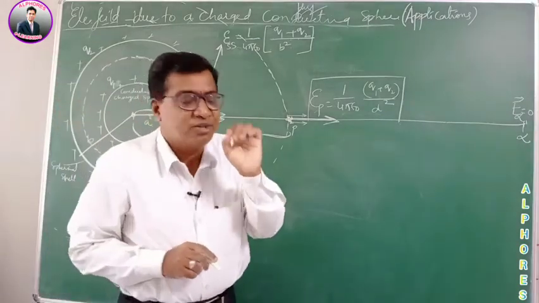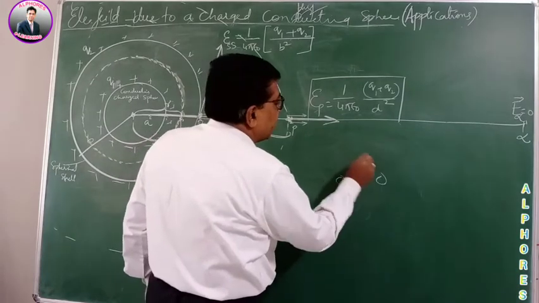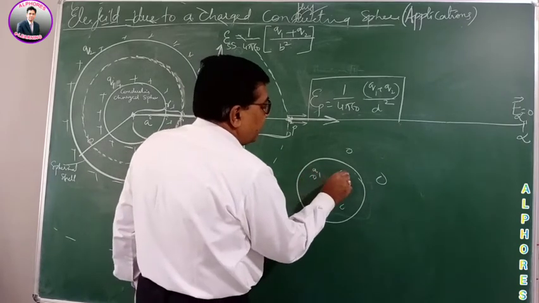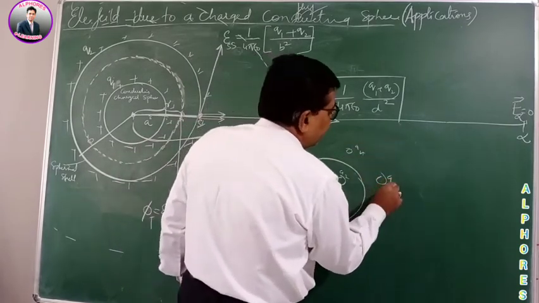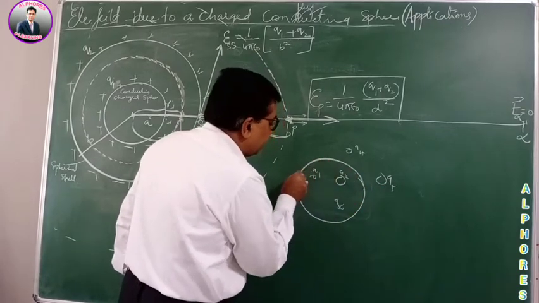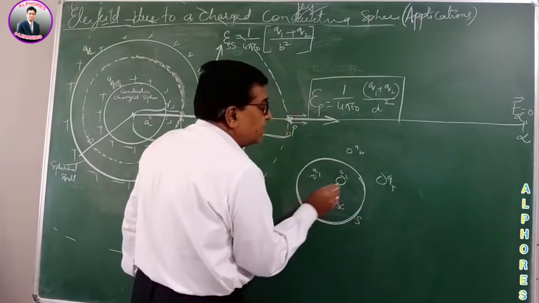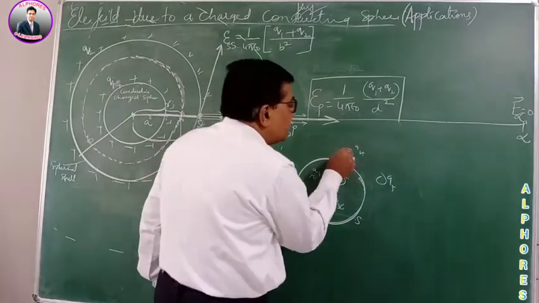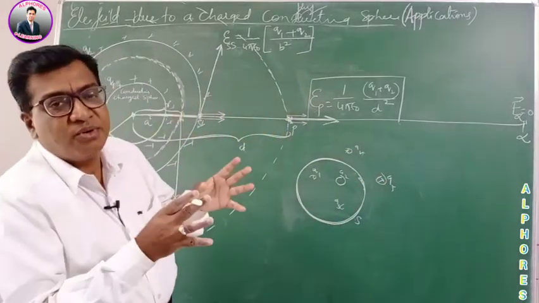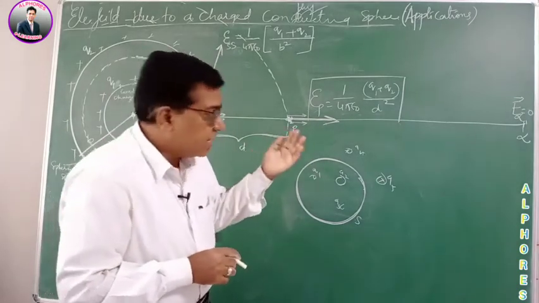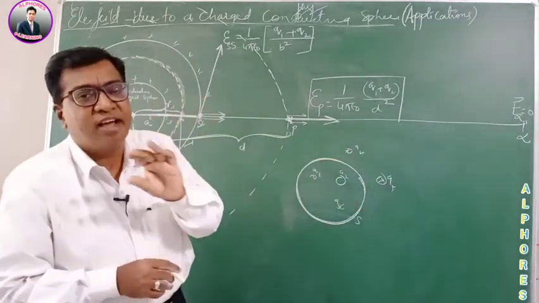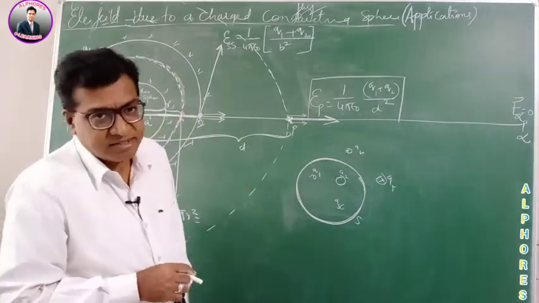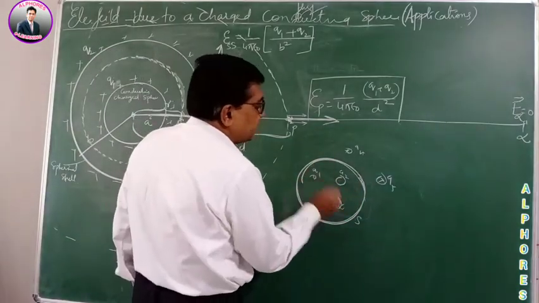According to Gauss law, suppose there are charges like this, some charges. This is our Gaussian surface, and the charges are Q1, Q2 and Q3 inside, and Q4, Q5 outside. Then the flux emerging from this Gaussian surface is equal to the charge enclosed inside, only the inside charges. Charges existing outside the Gaussian surface produce no net flux through it. So the flux is only due to the inside charges.